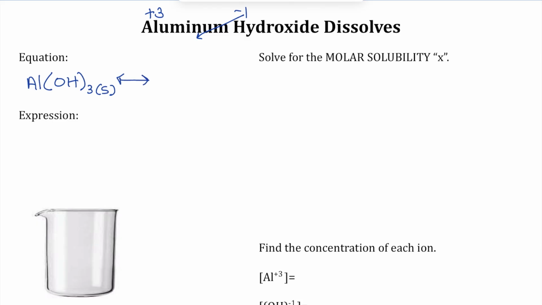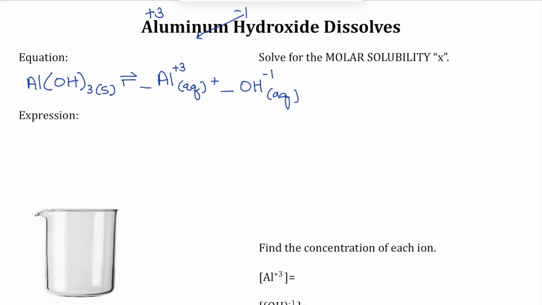So we always are going to have a solid on the left, and then we have our double-sided arrow because this is a reversible reaction. And we're going to look at those ions. That's going to break into aluminum ions, which have a +3 charge. Those are aqueous. And we're going to have hydroxide ions, which have a -1 charge. And those are aqueous. Your polyatomics can stay together, just like we've been looking at when we were breaking these up into ions earlier in the year,